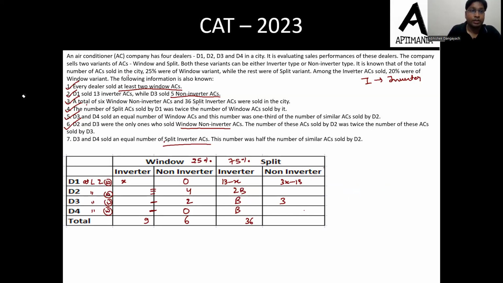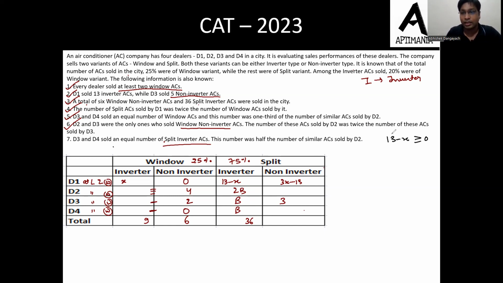Fine. Now see, हमारे पास ये information आ चुका है पूरा. अब इस information को कैसे solve करना है, किस तरह से हमको करना चाहिए, वो एक बार focus करते हैं. Now see, first of all, let us focus on the variables that we have. Now here 13 minus x. Now this 13 minus x is some number, integral number. So this must be greater than or equal to 0, right? So from here, we can say that,